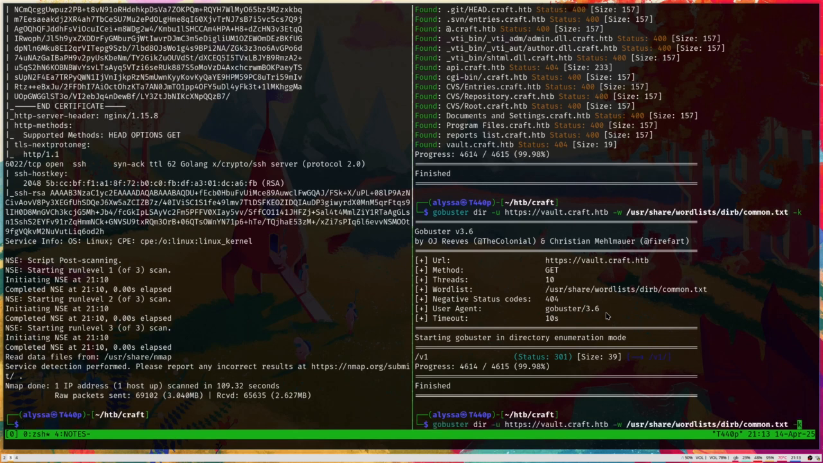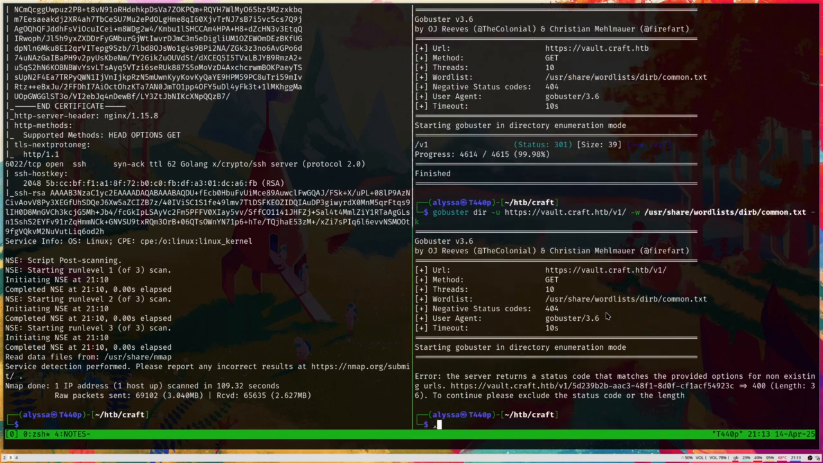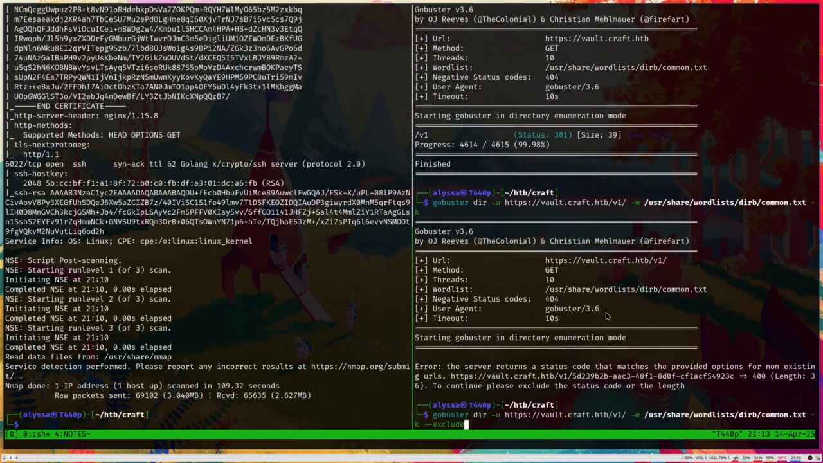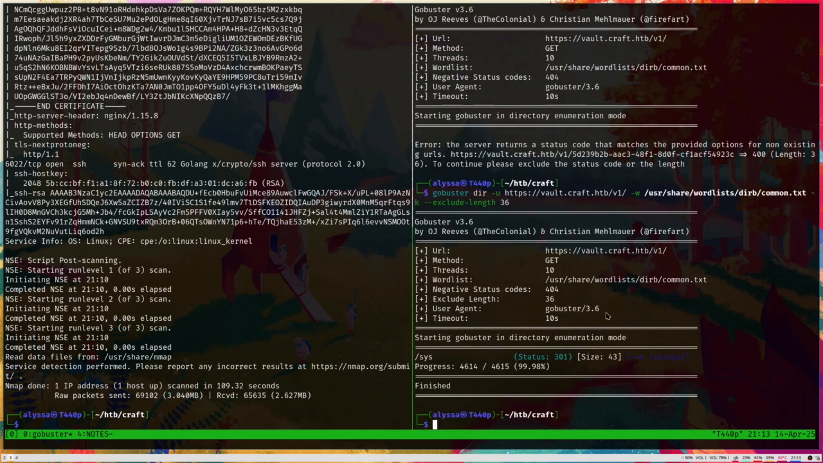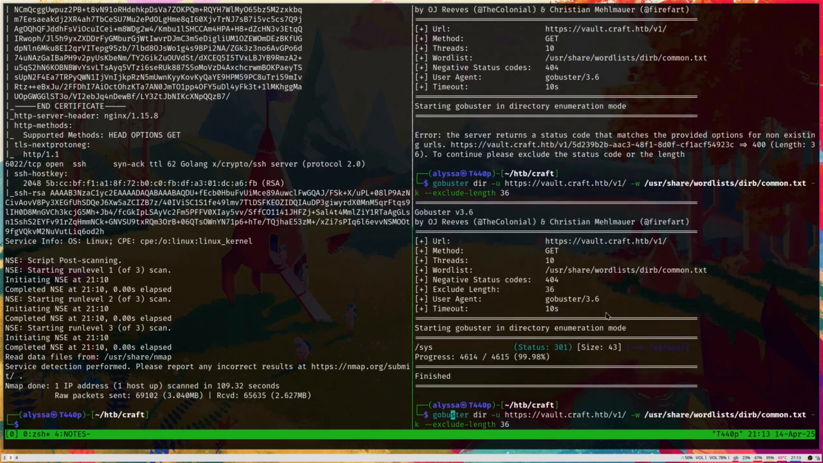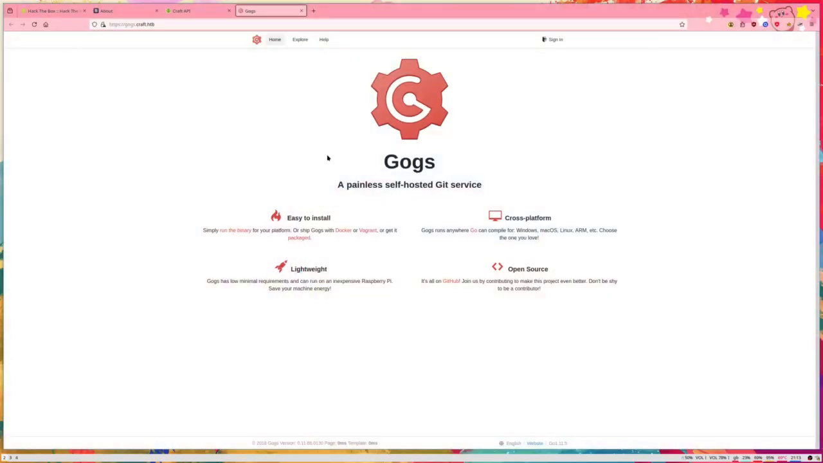Yeah, we got v1, so we can go ahead and just keep appending these directories to it as they pop up. Oops, now we have to exclude the length of 36, which seems to be the error length for non-existing URLs, and eventually we will get to some endpoints here. Do /sys. Yeah, we get health, init, and leader, and if we go to any of those